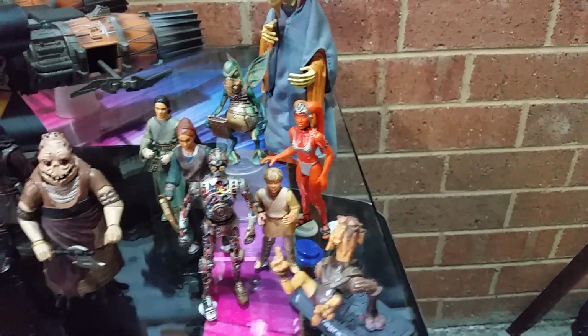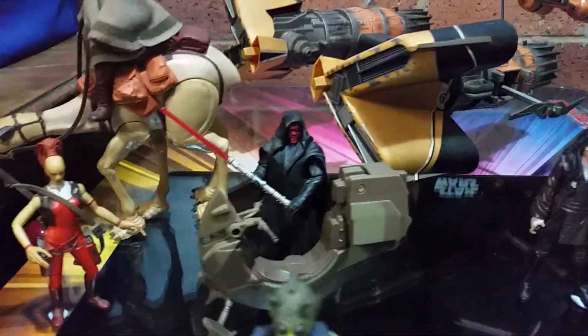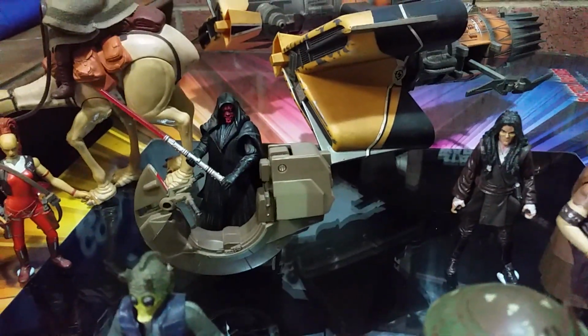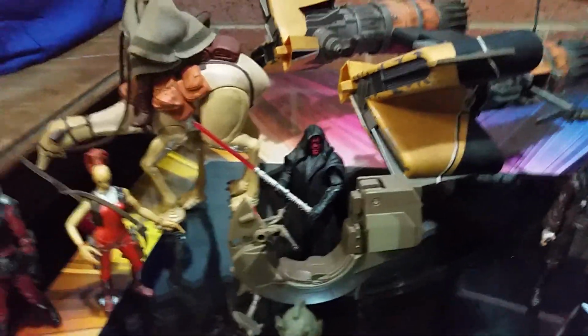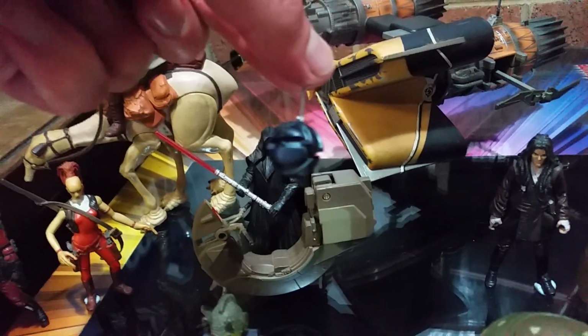Very nicely detailed stuff there, and a few other undesirables and others on Tatooine. Of course, Darth Maul and his Sith speeder. Doesn't sit very well on these. Feet are meant to go there and all this, but it doesn't sit well. And it comes with a little,